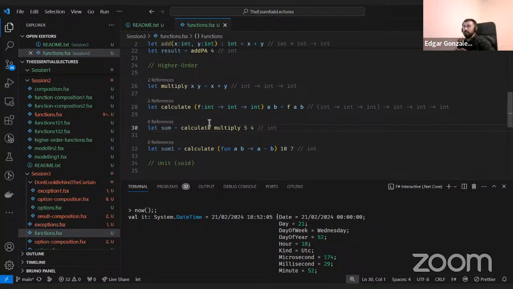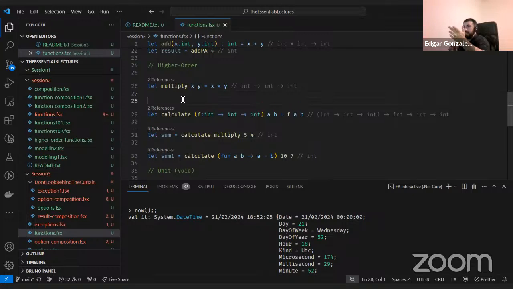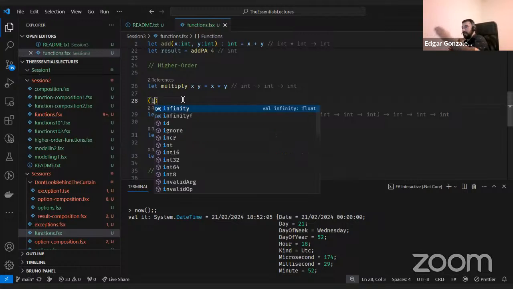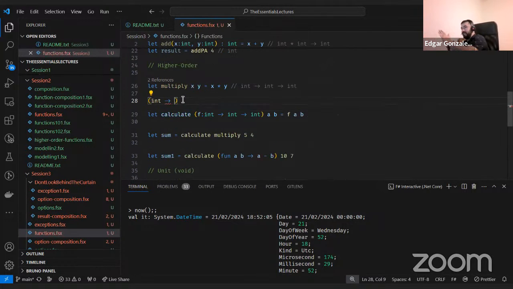Yeah, and we have a follow-up question that says, how can you explain how to read the function signature of calculate? Based on when I started learning F#, it was always look at the last arrow. The last arrow means what will be the result of that function. So in this case, in line 28, it is saying it takes an int, another int, and then returns an int.